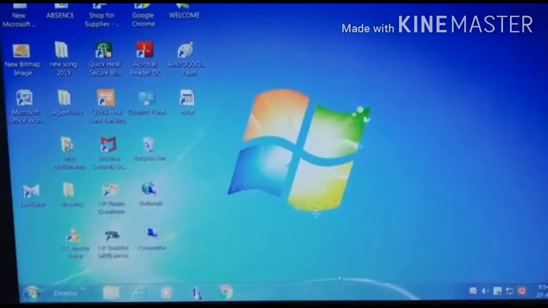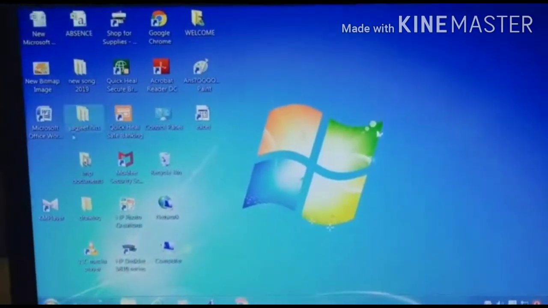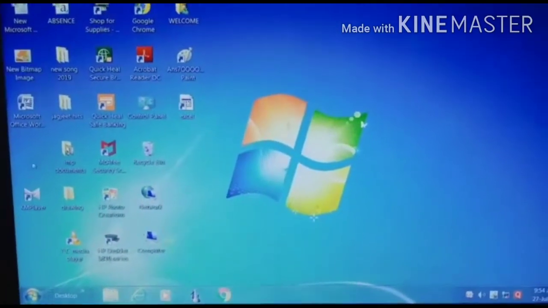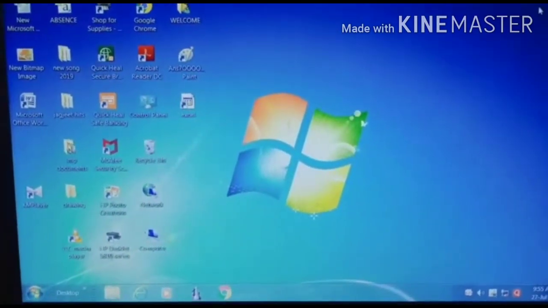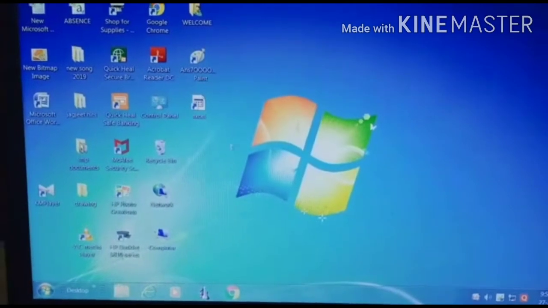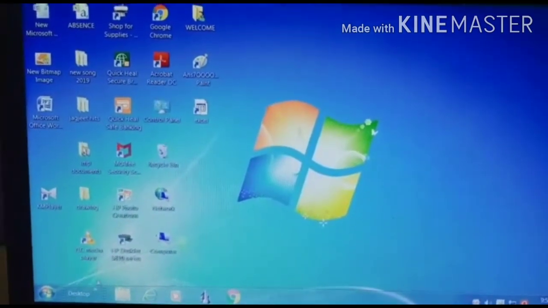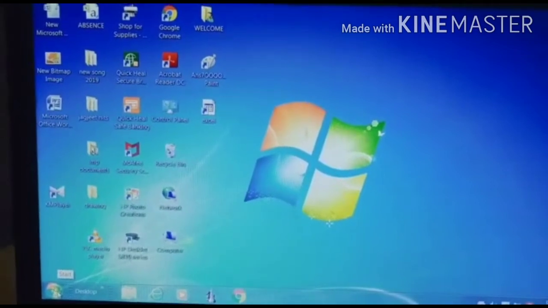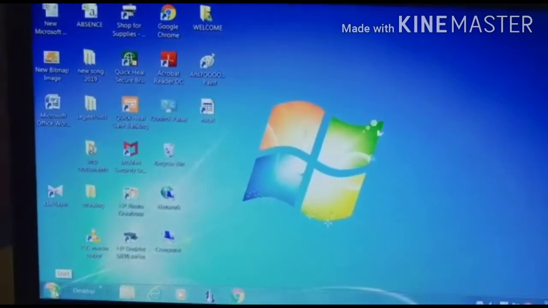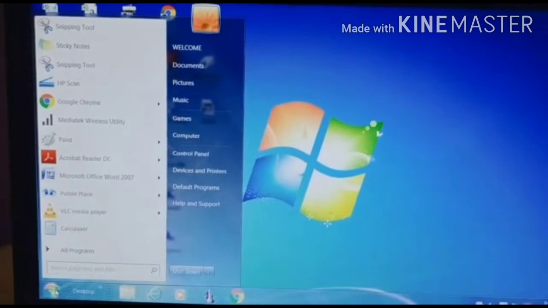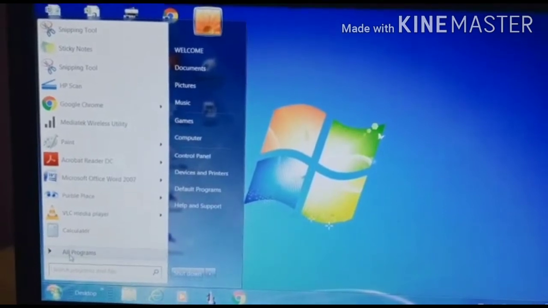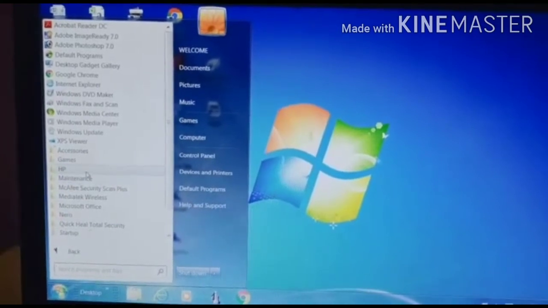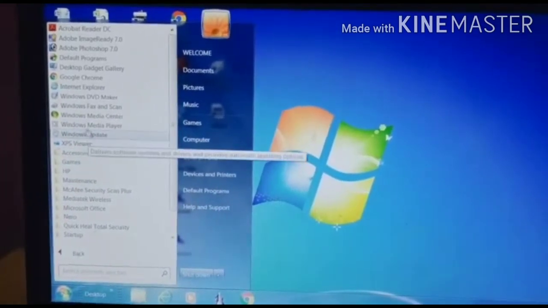So students, see, this is your desktop. Now I will tell you how to open the paint program on your computer. For this, as I told you, first you have to click on the start button. Can you see the start button? Yes, click on start button, then choose all programs, then look for accessories.